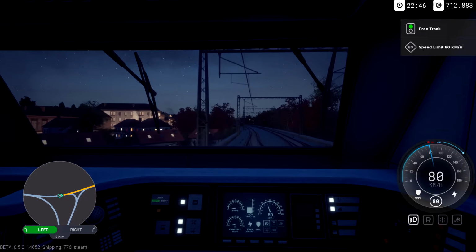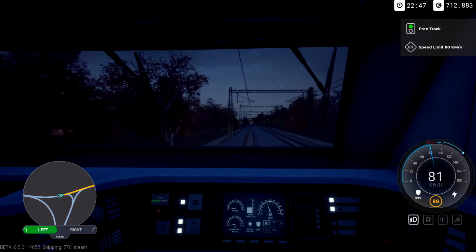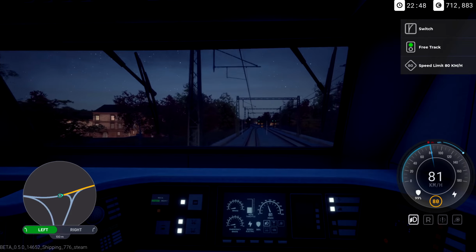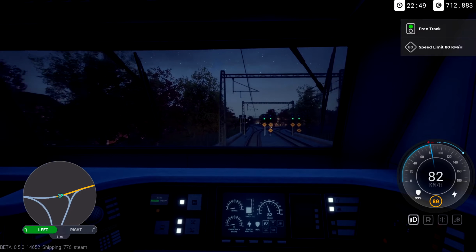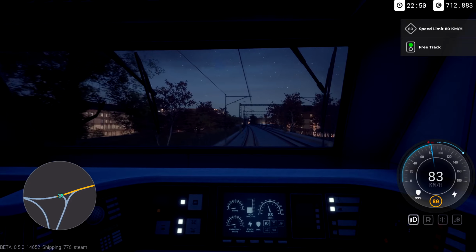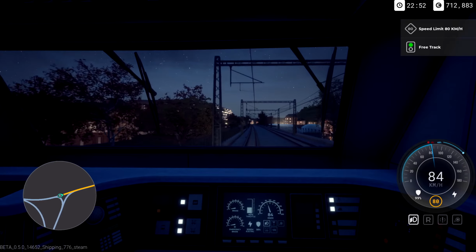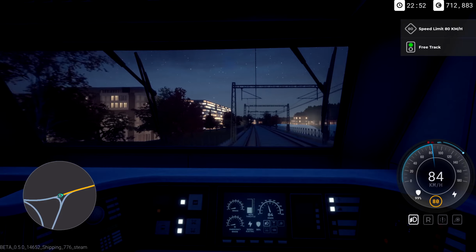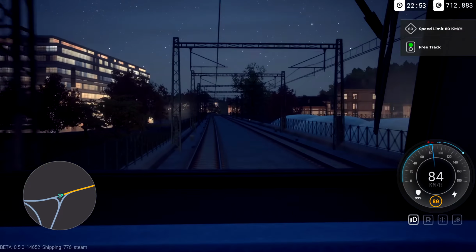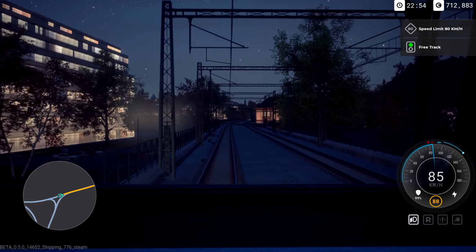There we go, 80 kilometers per hour. I'm going to let it creep up. Stay on the left, yeah, stay on the left. I don't want to go barreling down the wrong track. Right, still 80. That's fine. If the 80 signal pops up shortly, and then straight after it there's a 120, we're still basically